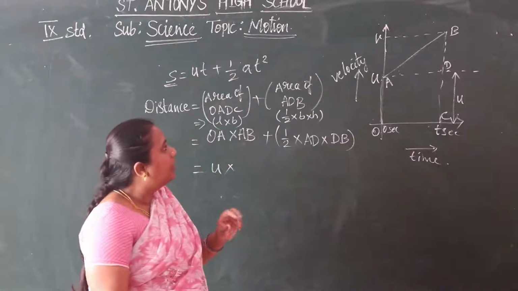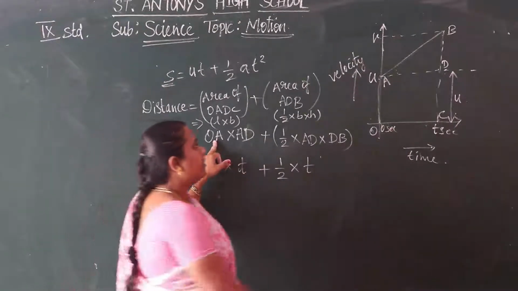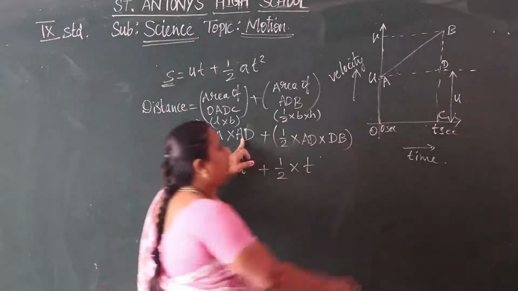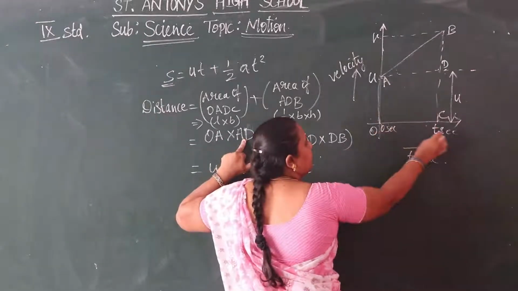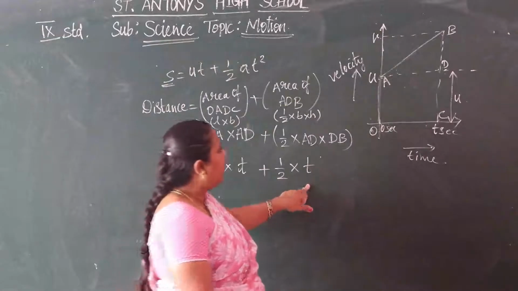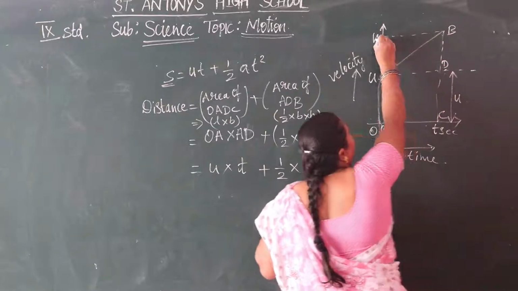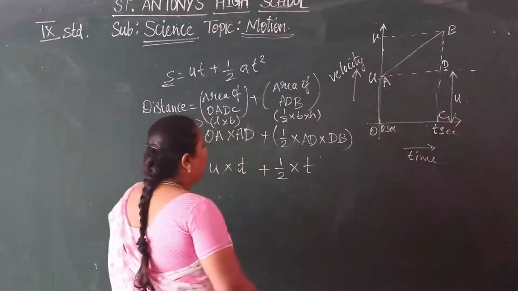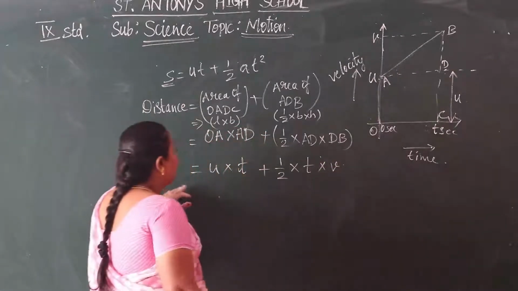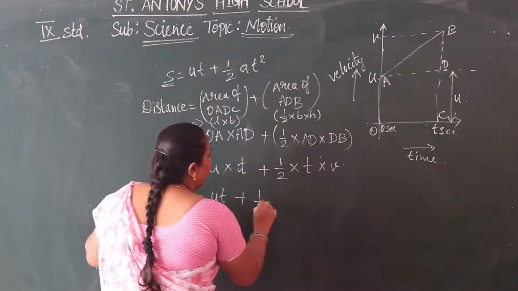See, here OA is u and AD as t. Rectangle taken, AD as t. Rectangle taken plus half into AD as t again, AD as t into DB. DB as v. So half into v. So here ut plus half into